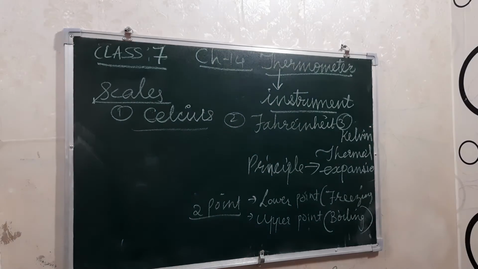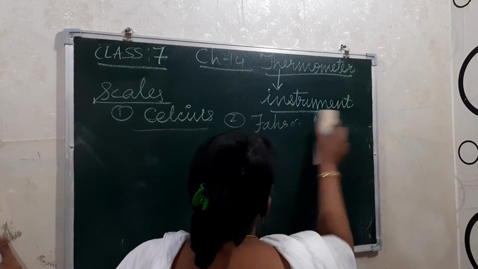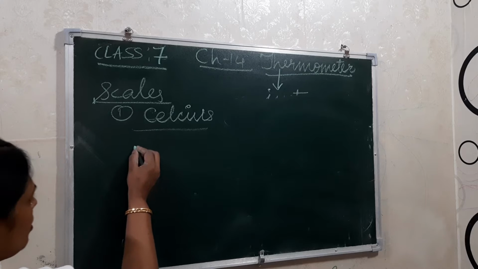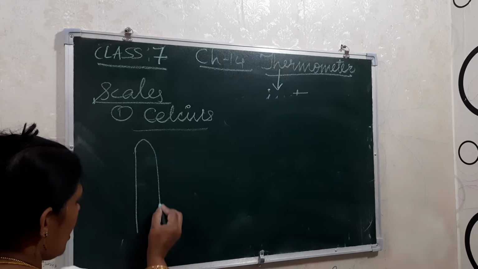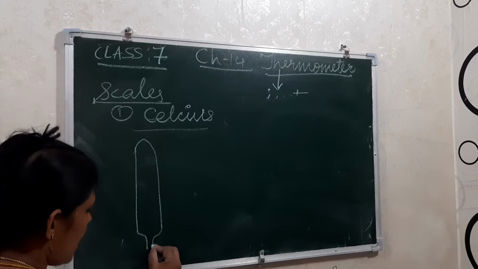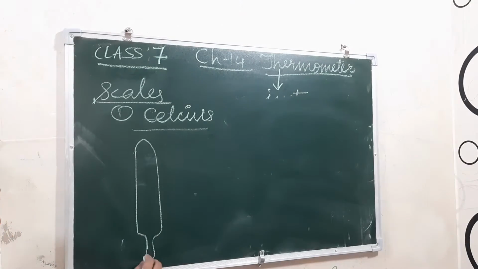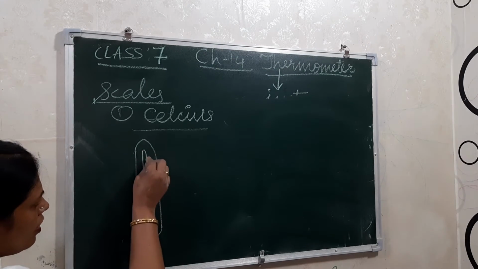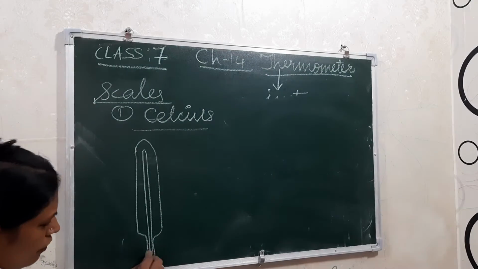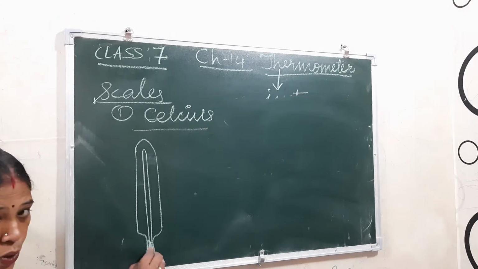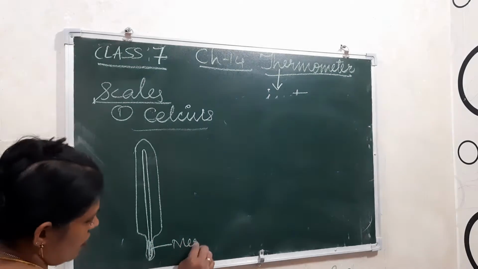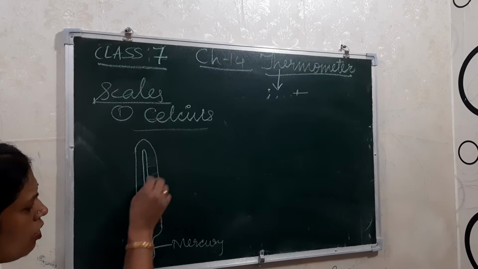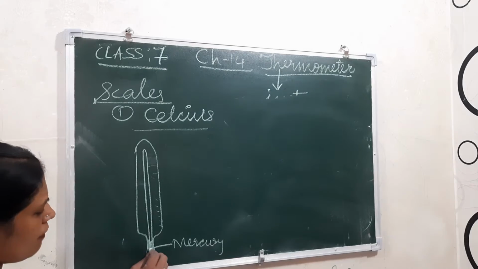I will show here the different thermometers. See, this is a glass tube, right? In the glass tube, at one point it is narrow, this portion, and inside there is a tube also. In this only the mercury is filled, this portion only. And here you can see the readings. Readings are marked on one side, and the mercury level goes up.